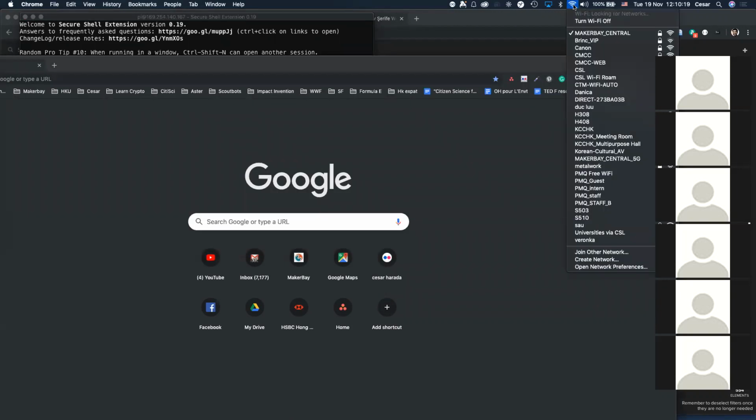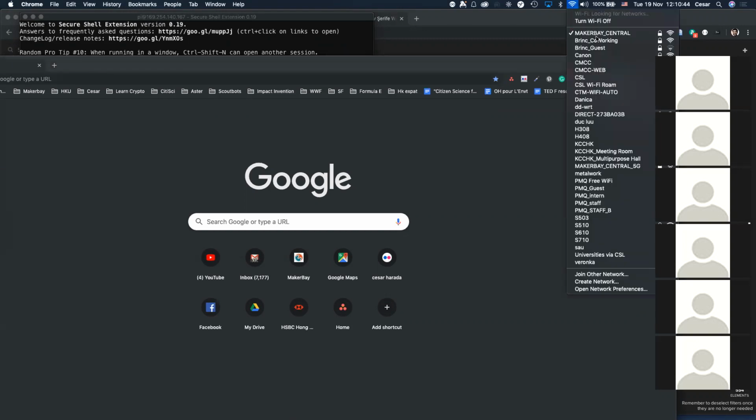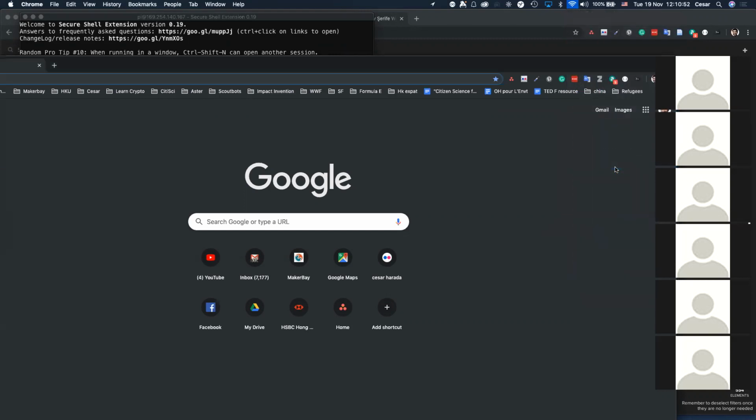I don't know why, maybe I changed to a different Wi-Fi. Am I on the subnet? Is there like a secondary router here? It should be straight to the router. Oh, there's a secondary router. So I might be under a mask. Okay. So I'll try to connect to the other one, maybe the 5G. I'll try to connect to the 5G network. Maybe it will work, because the 5G comes directly from the Makerbay Central 5G. So I need to